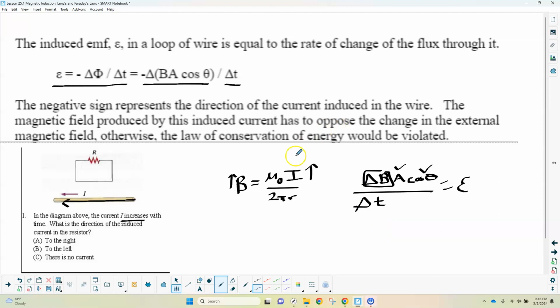So let's figure out what kind of field is produced by this wire first. The external field is what we're talking about here, because the induced one is the one that the current produces in this loop. If we use right-hand rule number 2, we grab the wire and put our thumb going to the left, we would have our fingers going into the page